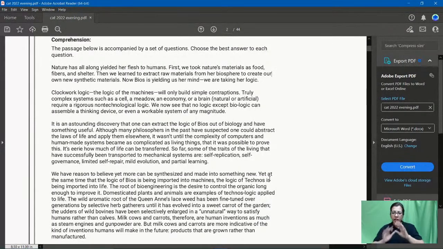So let's move on now with this paper. So slot 3 का जब मैंने ये खोला भाई, तो all the 4 passages I just kind of gave a quick glance and I saw कि चारों passages तो भाई थोड़े tough nuts to crack. ओके, ओबीसी है शुभम, फिर तो हो जाएगा आपका. वेरी कूल, ग्रेट. Okay, the first passage was something on nature has all along yielded her flesh to humans. Okay, अभी आपको एक मजेदार चीज बताती हूं मैं, आप चाहे मानो या मत मानो. When I solved the paper today with my timer on, of course, I did not read any of the passages like in entirety.